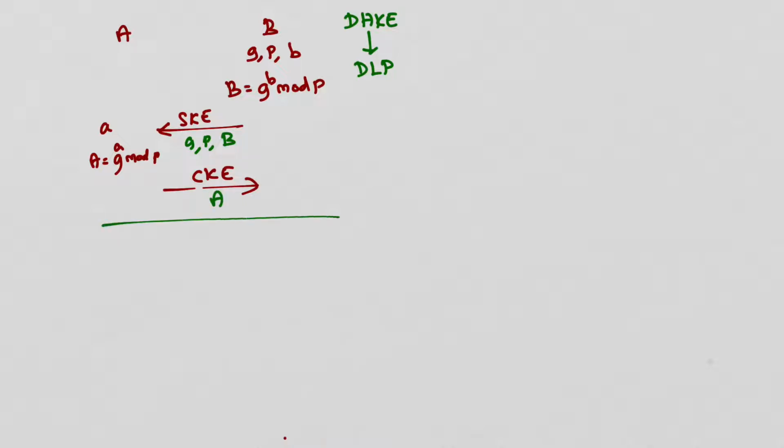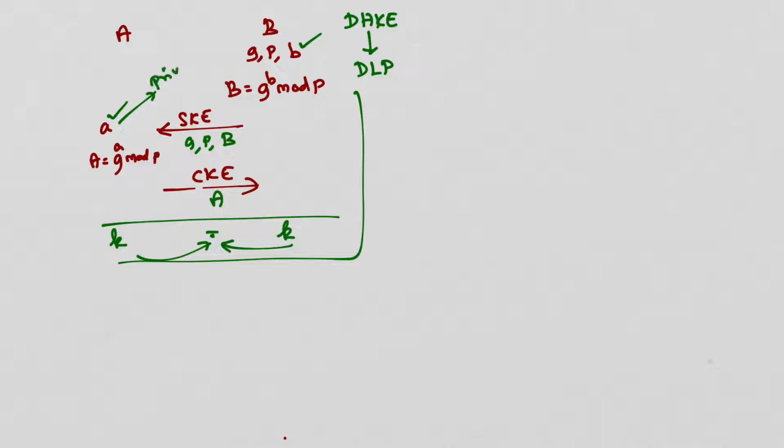So at the end of that, both parties will generate their own key. It so happens both keys will be exactly equal, right? That we already saw previously. Now, if you have to break this algorithm, either you have to calculate A or you have to calculate B. I already told you this A and B are nothing but private keys.